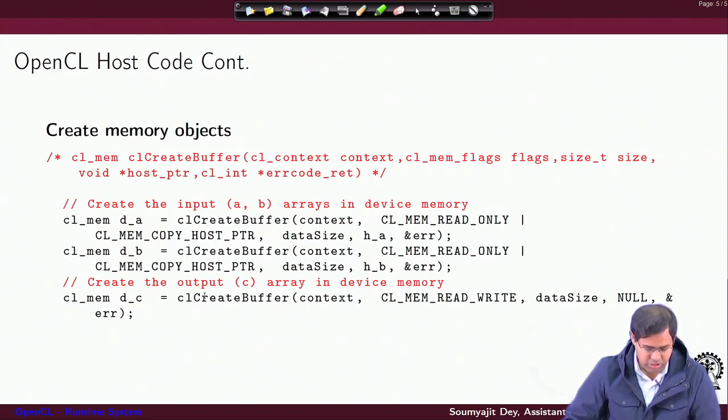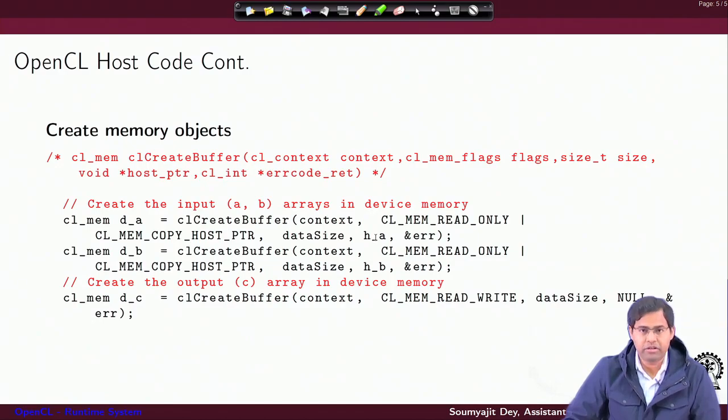Again you call clCreateBuffer in the same context, but the memory flag is set as CL_MEM_READ_WRITE, because for this you also want the device side code to write its output. The OpenCL kernel should write its output here. The size of the buffer is given by the data size parameter, which is of size_t type, and of course you have to provide the host pointers.